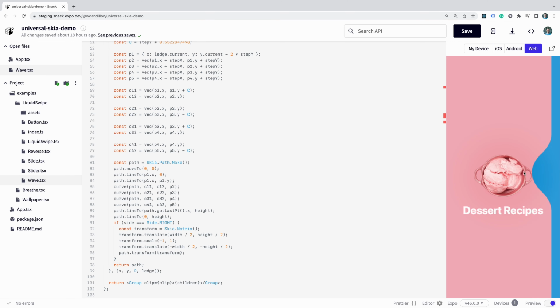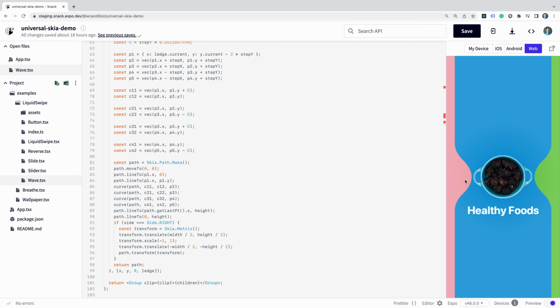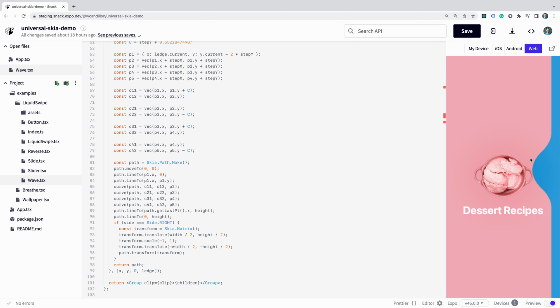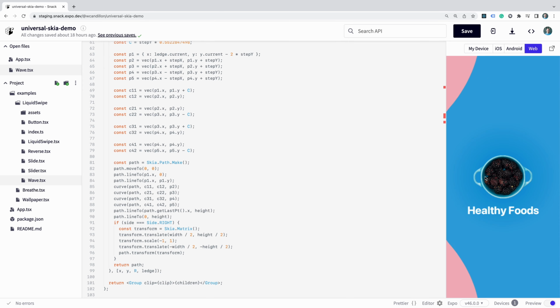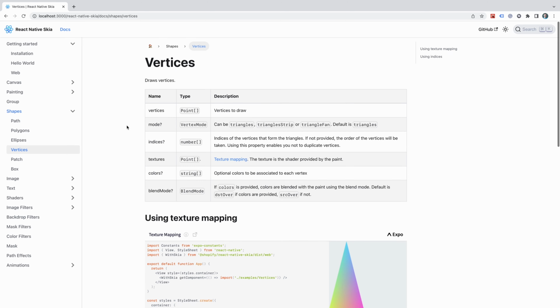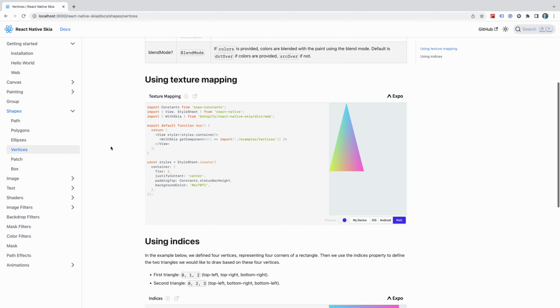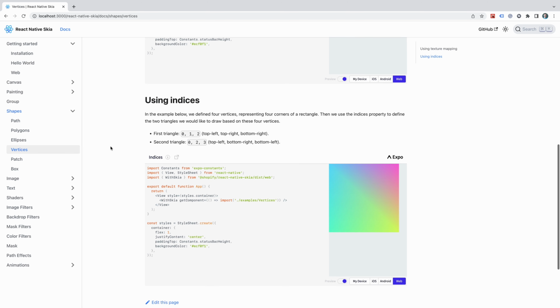Do you remember that Snack demo that runs the Liquid Swipe example on iOS and Android? Well, now it works on the web as well. And we're very excited about that. Thanks to Snack, we are currently working on providing our documentation examples directly interactable in the browser. Again, this is all powered by CanvasKit. We are also using this to track regressions in the documentation examples automatically to ensure correctness. We are looking forward to seeing what you will be building with Skia on the web.